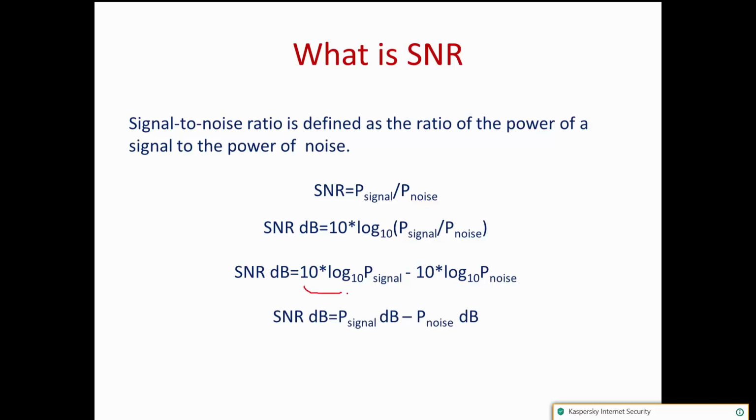Then the first term may be called the signal power represented in dB value. The second term is the noise power, that is in dB value. So SNR is signal power minus noise power in terms of decibels. Noise can be added to a signal either based on SNR or based on noise power. So I'll demonstrate this through a Python code.